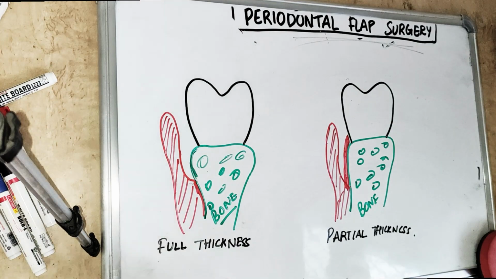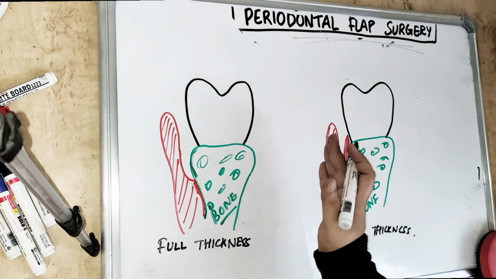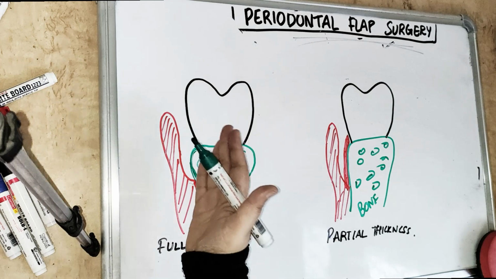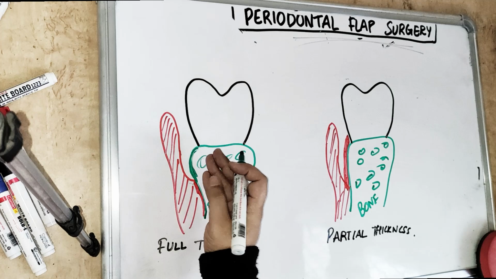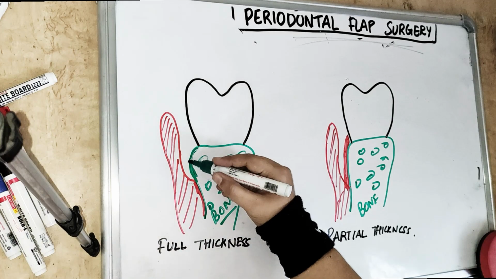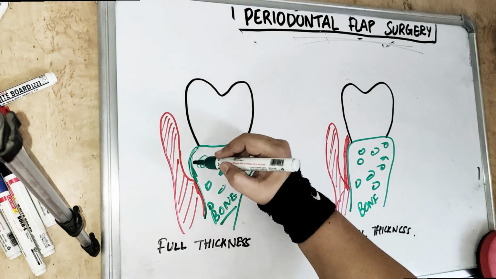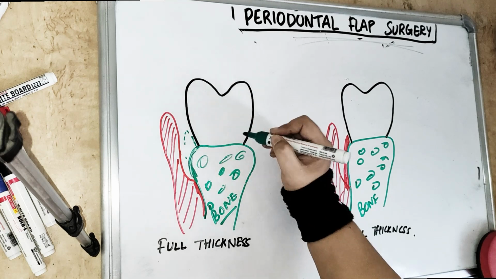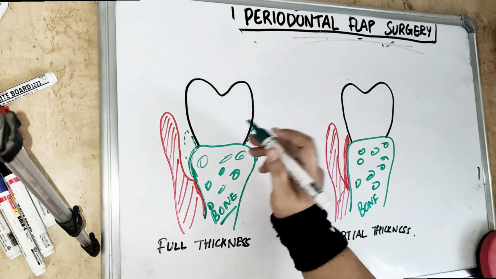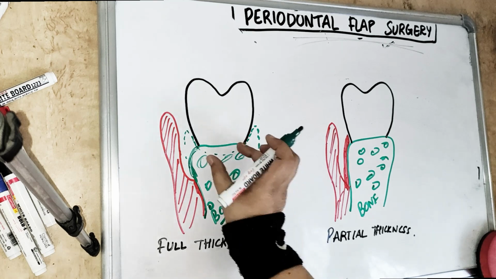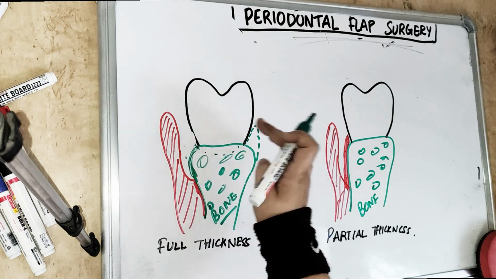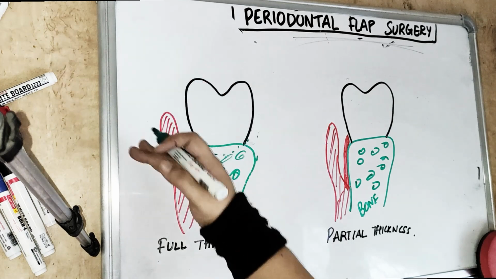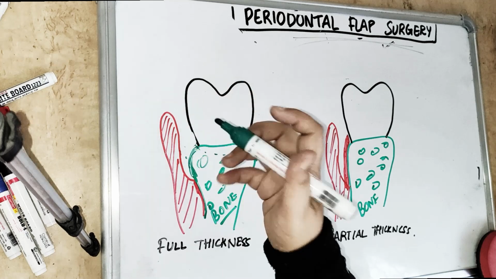So coming to the classification of the flap surgeries, the first one is the bone exposure after the flap reflection. If we are reflecting the flap in such a way that we are exposing the bone surface, can you see we have exposed the bone surface? For example, suppose it was a bony crater, then there is a buccal and lingual bone present with the resorption of the interdental, interproximal bone. In that case, because we want to trim this bony surface, we want to reflect the flap in such a way that we can see the bone, we can work on the bone.